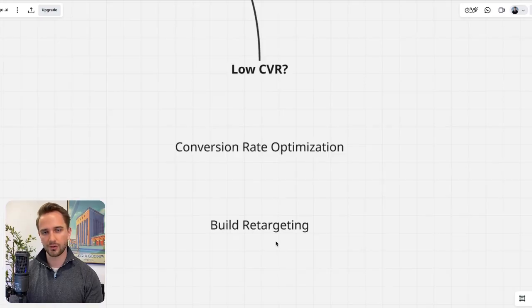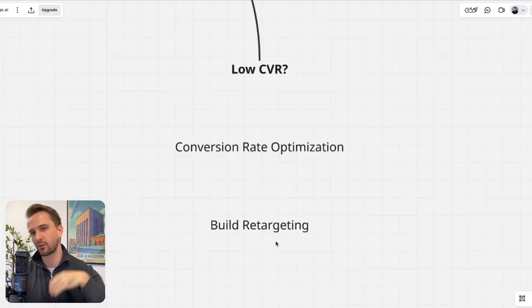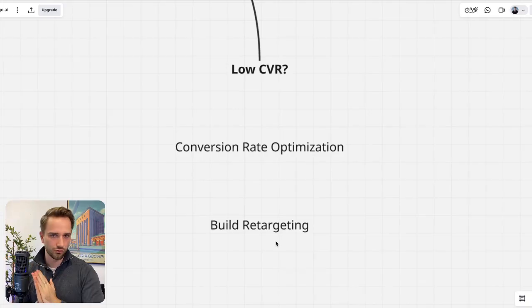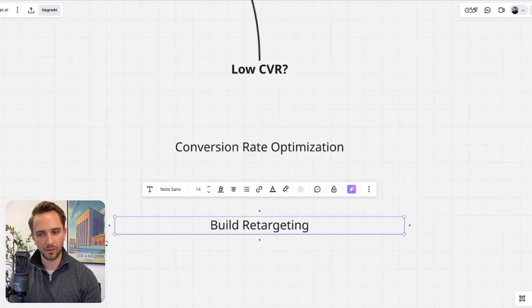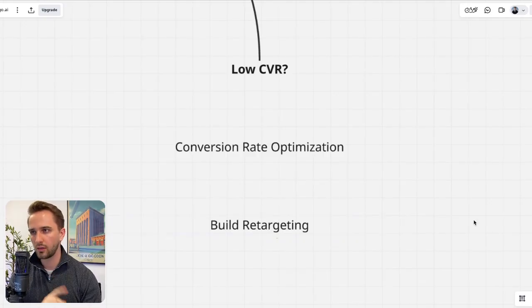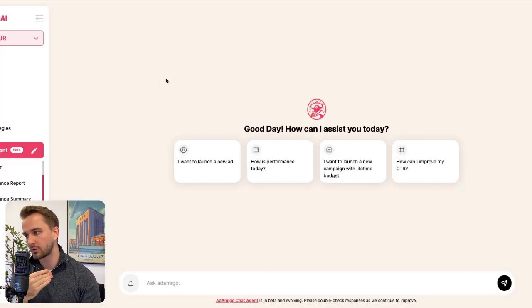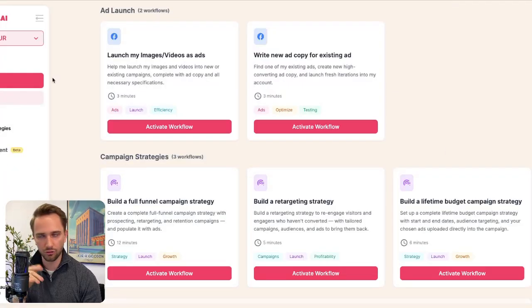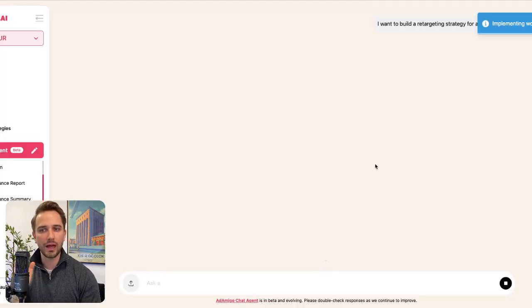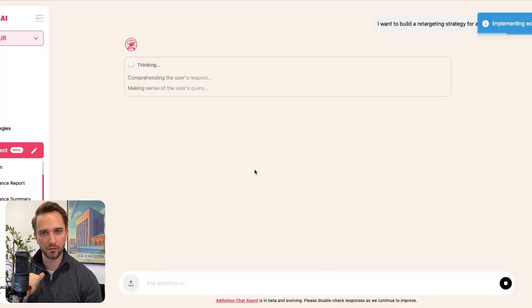So if you just start advertising and you see a conversion rate of 1% or 2%, don't freak out. All these benchmarks also that I have given you here, 3%, 4%, 5%, are not on new visitors. They're on all visitors. And so your conversion rate will go up over time. If you're running ads for a month or two, you also have some retargeting in the account and you're still below the benchmark, then you have to focus on conversion rate optimization. Very, very critical. Again, if you want to set up retargeting, you can go into YouTube, find a video, or fire up AdAmigo, click on build a retargeting strategy. And then the AI agent will basically walk you through that process step by step.